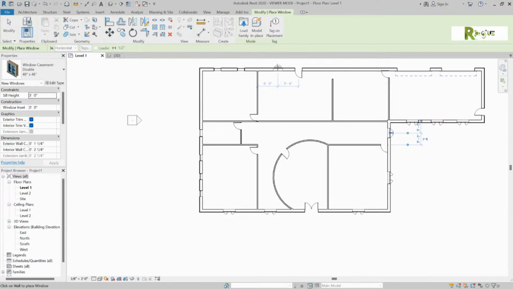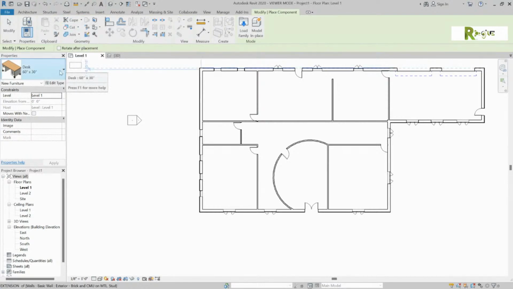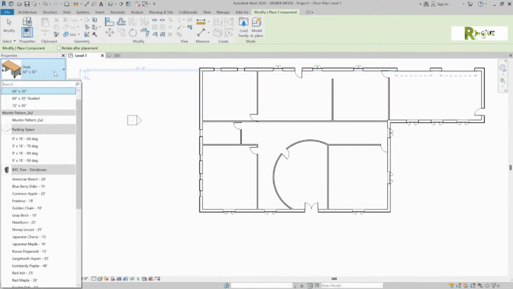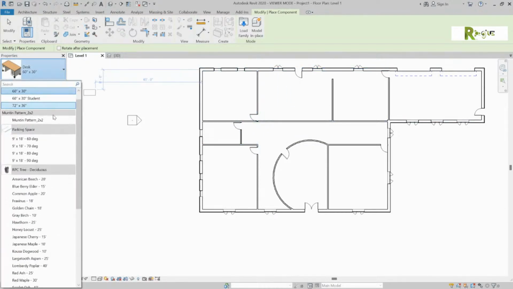Okay. Double escape and get us back to our main menu. So you could come back and put in windows and doors. The next object is a component. Now the window and door, they're a little bit special with families because they're a wall hosted family that cuts the wall. The rest of your components, like your hot water heater and